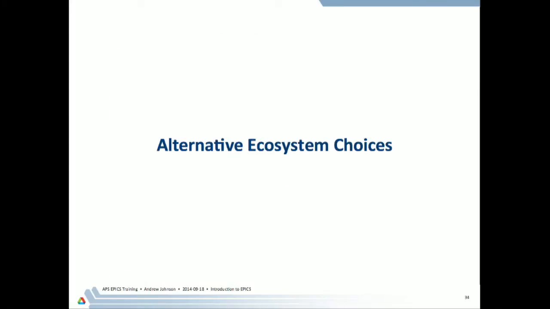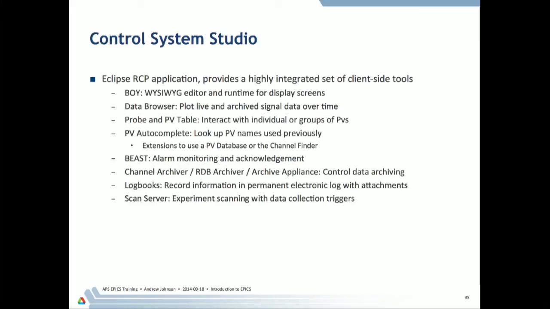There are then some other choices, things that we're not really using here. Control System Studio is one of the major applications. It's a collection. Control System Studio itself is an Eclipse rich client program application, and it's basically a shell into which you can add your own tools or plug-in tools. And the main tools that are used within this integrate together very well, because Control System Studio provides these integration points. So the BOY, WYSIWYG editor and runtime for display screens, their user interface tool,